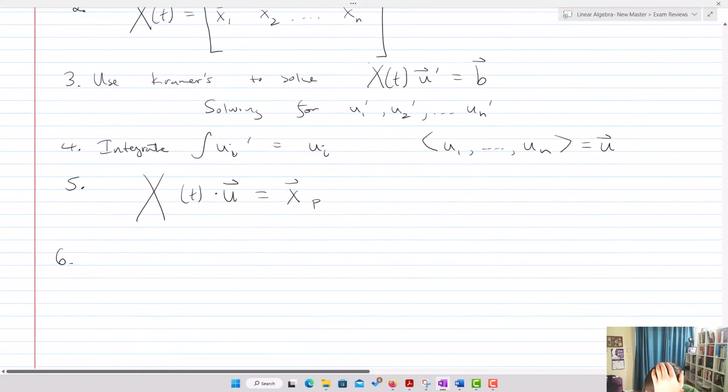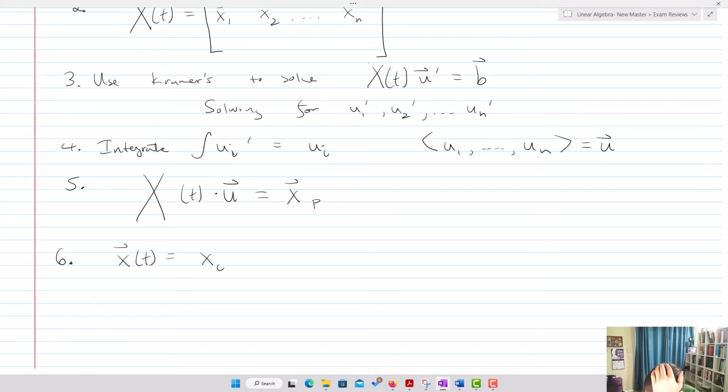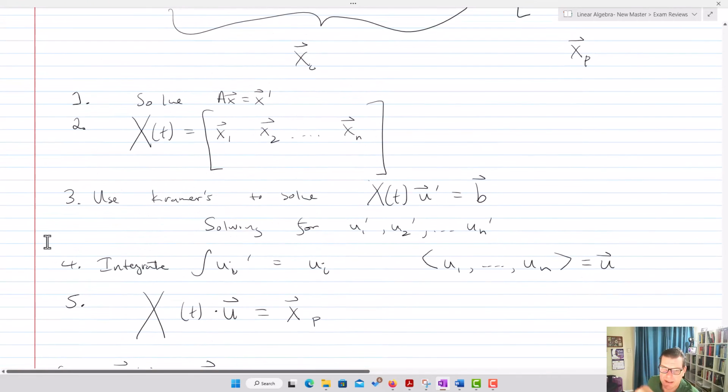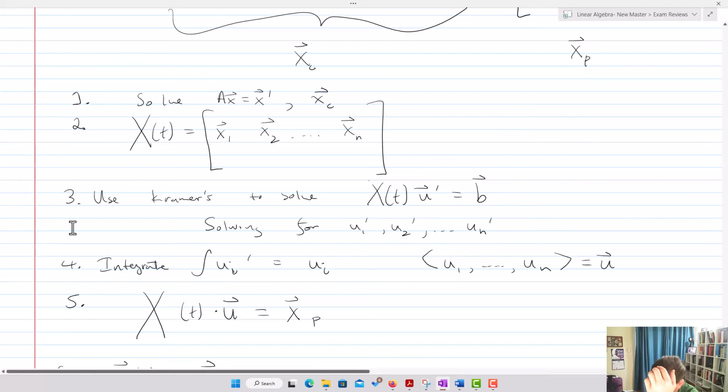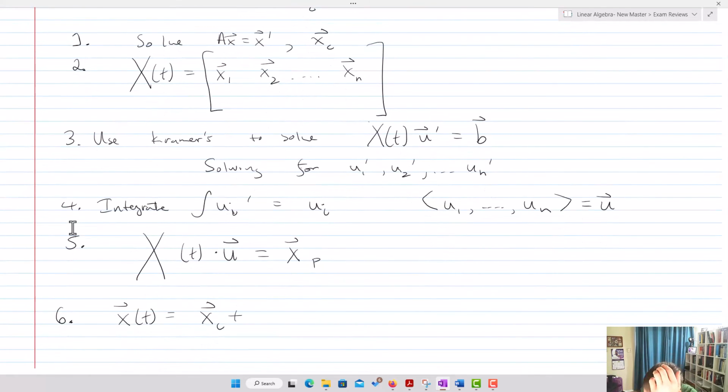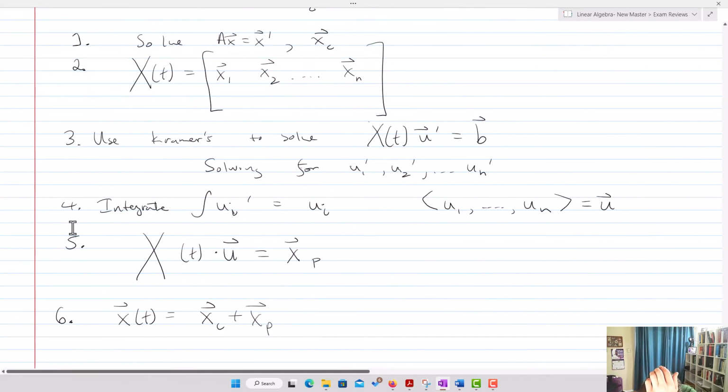Finally, my overall solution, x of t, is going to equal the complementary part, my xc, the solution to Ax equals x prime, plus xp. And that is how we solve this non-homogeneous system using variation of parameters. It's an involved process. Utilize your computer to do all the calculations, or this is going to take you a long, long